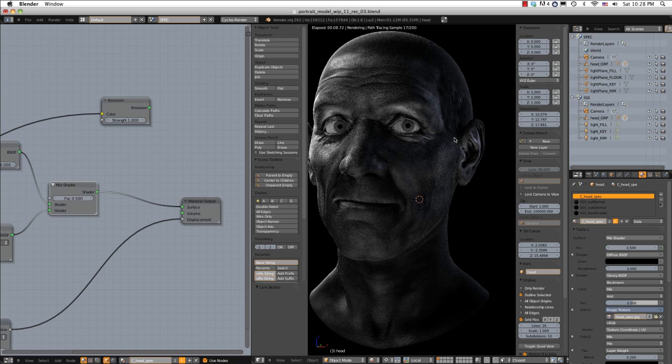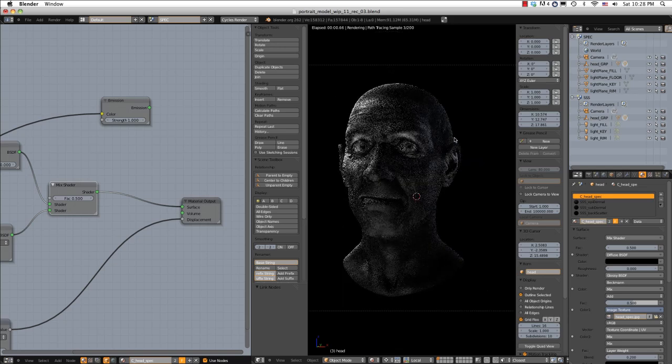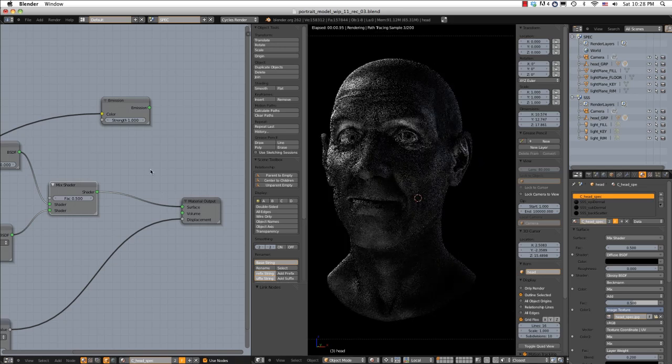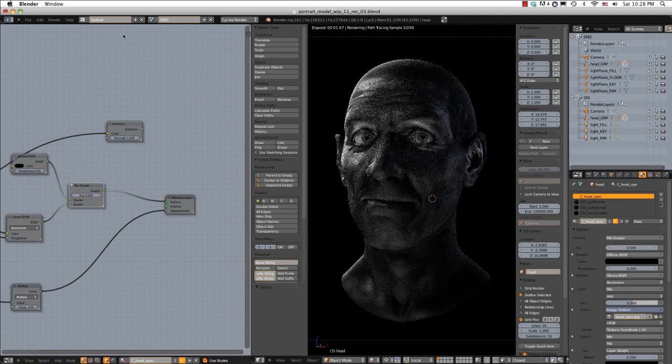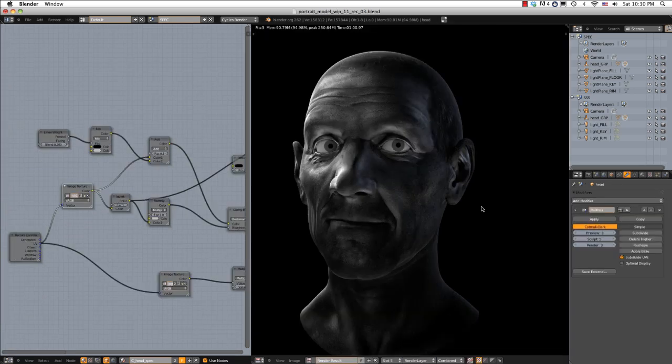Yeah, very cool. So this will work well as a spec layer. Let's see, I'm going to render this final image as it is right now and test it on the skin. So I'm going to render it. Okay, with this render, I forgot to turn on our highest level of multi-res in the modifier. I forgot to turn that up to 5, and so we're lacking detail, and also it's still feeling a bit